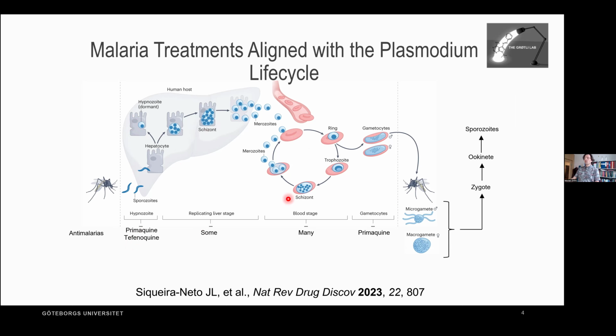And most anti-malaria drugs we have today, and most of the stuff that is in clinical trials, go for a blood stage. So we have many. And then finally, the gametocytes, there is basically only one drug that is used for that. Now, I want to go back to this dormant stage,